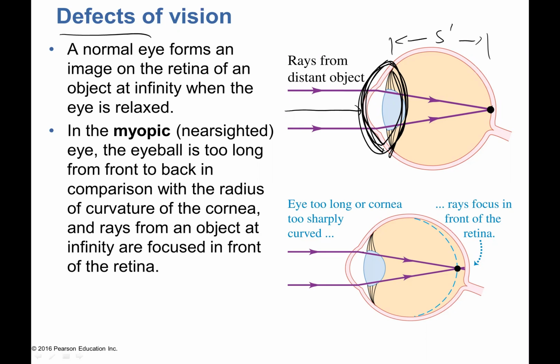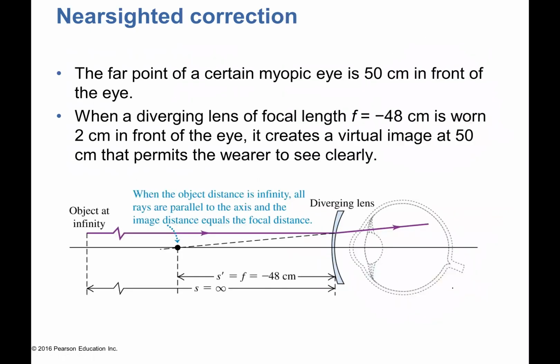That means it converges earlier than it should, instead of converging a little bit further where your retina is, okay? So this is called myopia, or nearsightedness. That means the object appears blurry when you look at it. This can be corrected, let's say you can't fix it, but you can correct it by using a